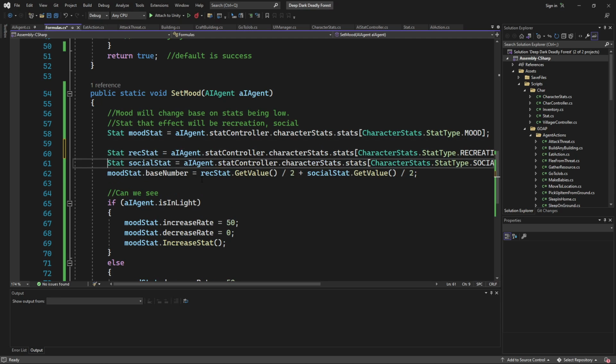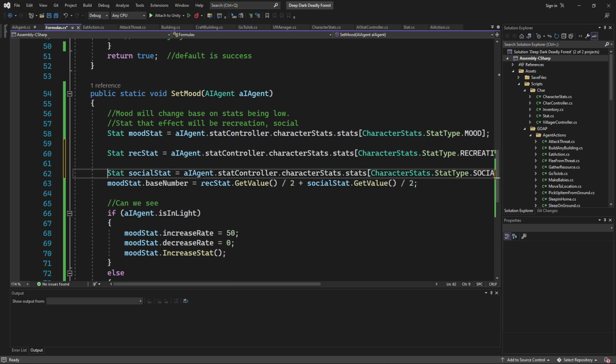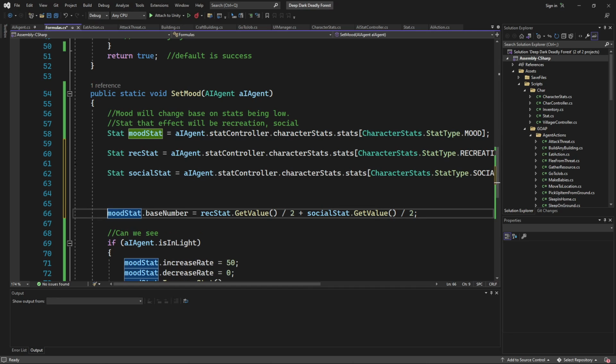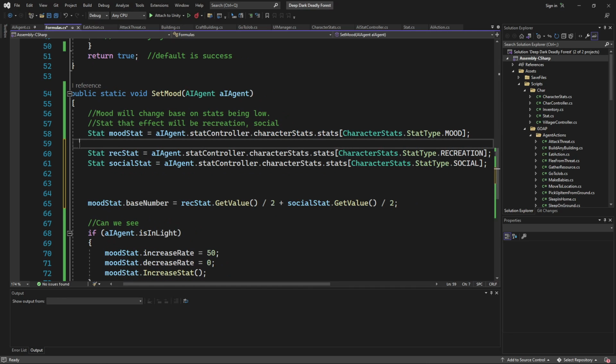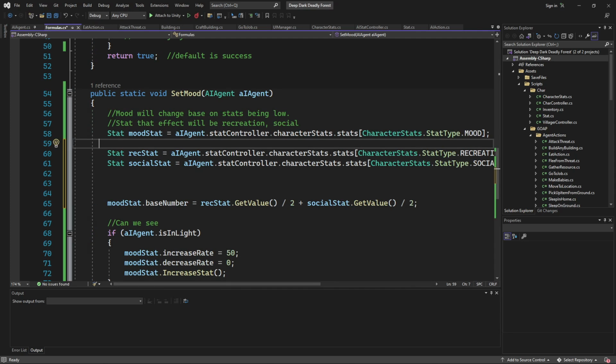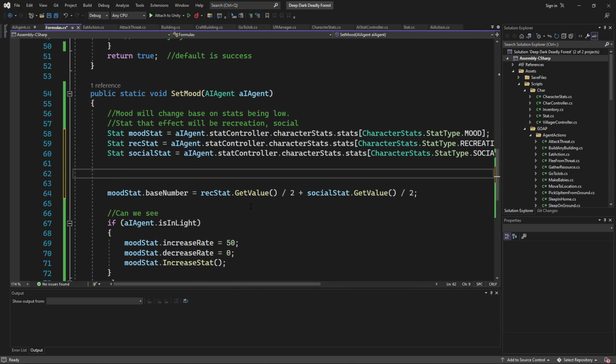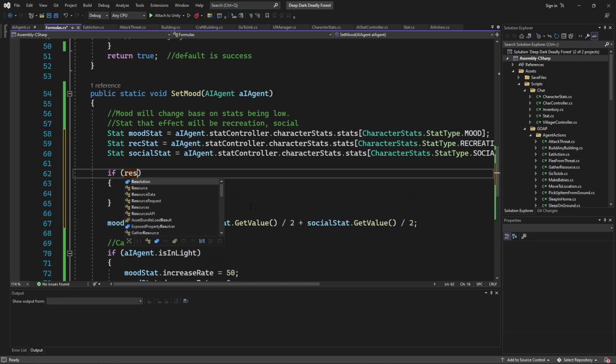Let's say, alright, this is kind of fun, just kind of coming up with these things. If the rec stat dot get value is less than 50,